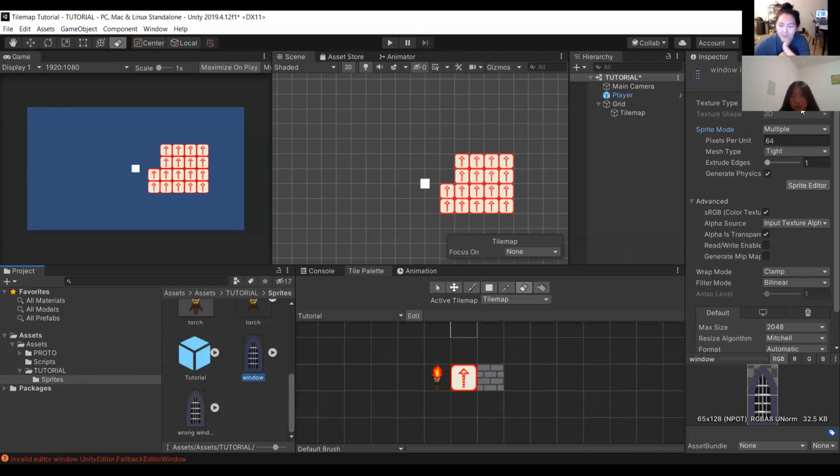Then go to your inspector. Once you click on it, you should see a bunch of import settings. Where it says sprite mode, set that to multiple. Underneath that section of settings, you see a little sprite editor button, and you want to click on that. Does that help?